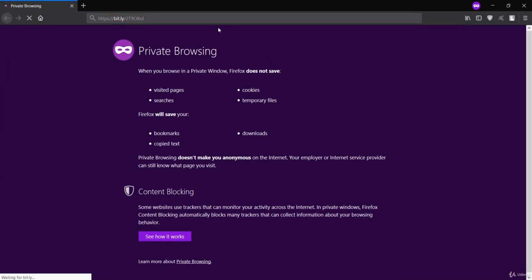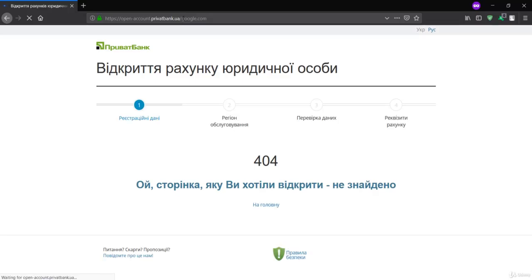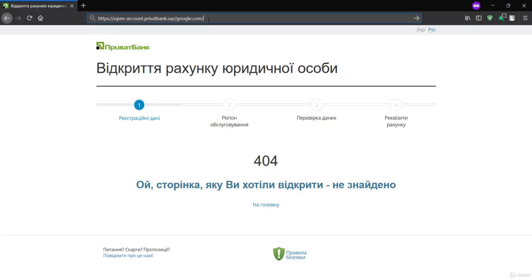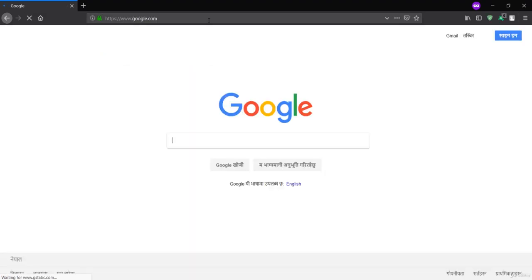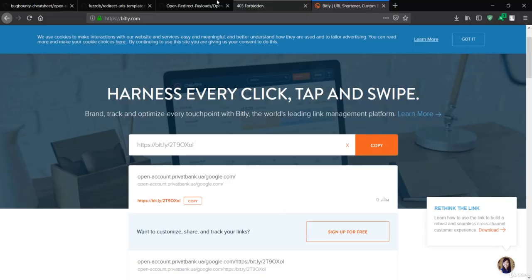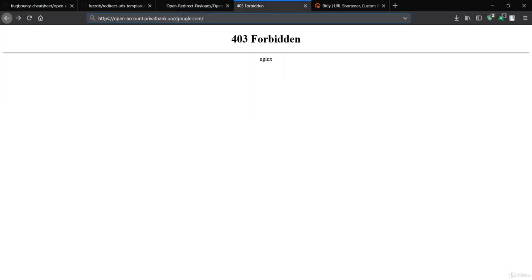This is my new private user. Let me copy this, then it will redirect. Let me wait for a moment. It should give you open redirection, but it is not working because it has not been encoded properly. So it should be like this. If I give this URL to any browser, it will redirect to google.com, and you could see it is not the original website. Instead it is the new website, so there is a URL redirection. It is not going to the original content, instead it is going to google.com.